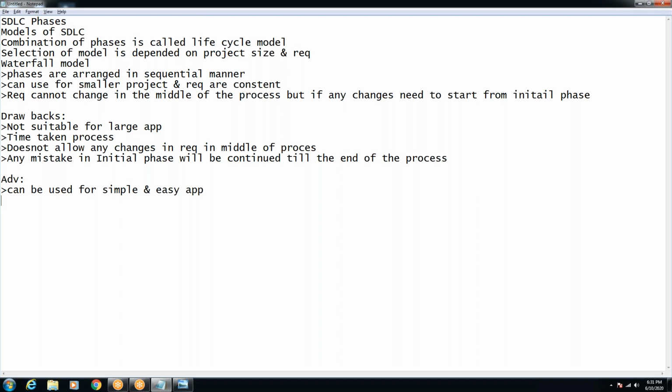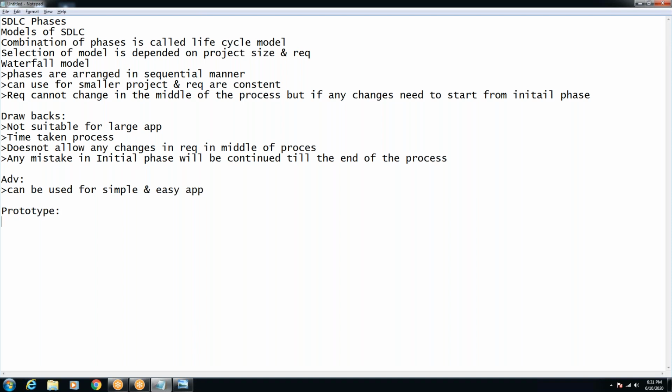So this is the nature of this life cycle model called waterfall. But the major drawback we were talking about is that it is not allowing any changes in the requirements, right? Now, in order to overcome this drawback, we come down to another model called